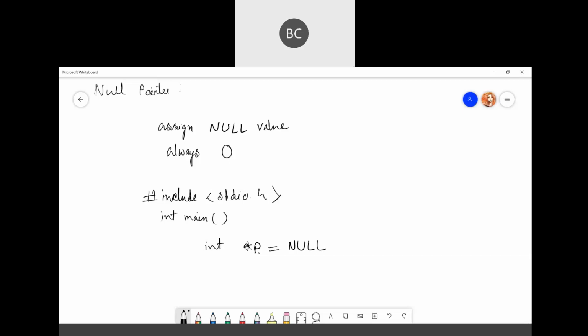So you are assigning the value null during the pointer declaration. So this is your null pointer.